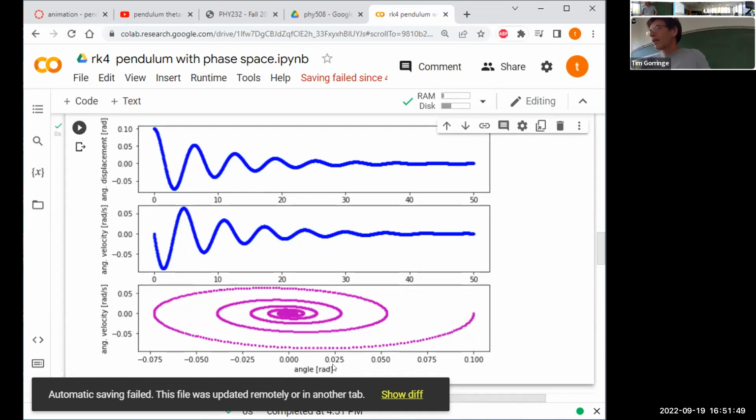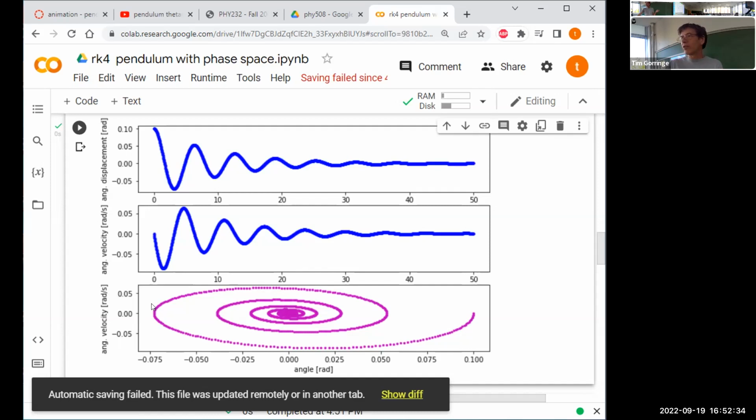If you plot angular displacement horizontally versus angular velocity vertically, you get this spiral here. And now it's probably a little clearer how this represents the phase space trajectory of the damped pendulum. We are starting over here on the far right-hand side. Our initial coordinates were that the angular displacement was 0.1 radians and the angular velocity was 0 radians per second. So we start here, and then we swing back through the equilibrium point, swing over to the left-hand side,